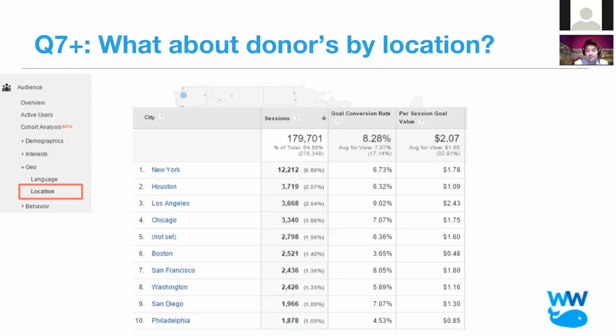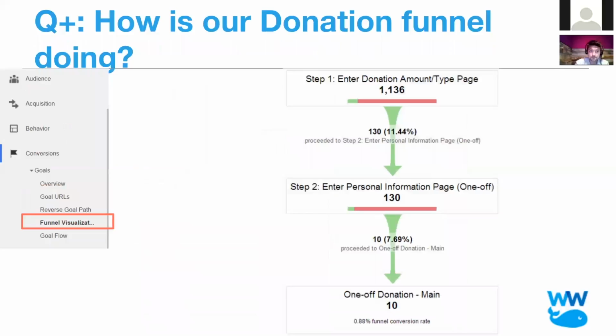Or maybe we have any manner of things going on that we can then explore, because we get goal conversion rate by location of our donors. And I'm saying donors, but this could be any type of goal that you're tracking for your organization. I think this is wildly underutilized when it comes to crafting strategy and really diving into finding